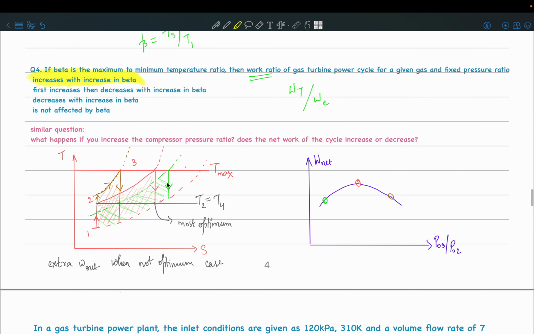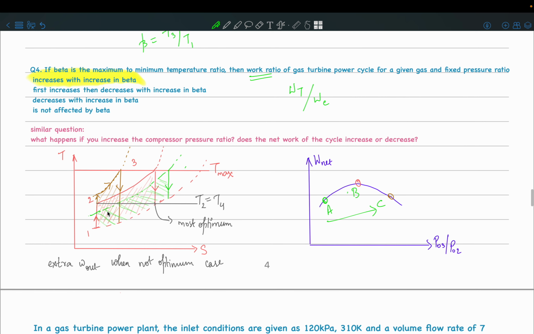Now you can just draw the diagram and see this. I have drawn 3 situations here. What you can see in this golden flow chart is when the compressor pressure ratio is very high. From 1 to 2, you can see that the pressure ratio is very high. Then there is the red state, when the compressor pressure ratio reduces a little bit, and then the green state where you reduce the compressor pressure ratio even more. As we increase the compressor pressure ratio from states A to B to C,